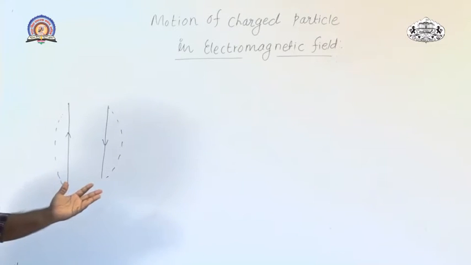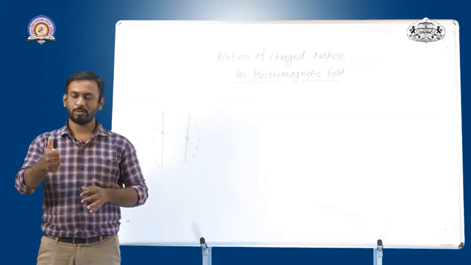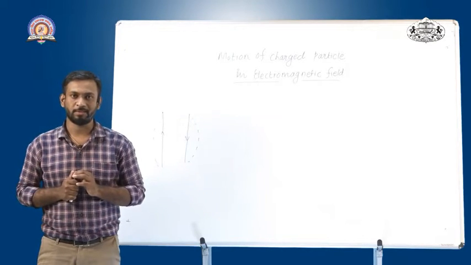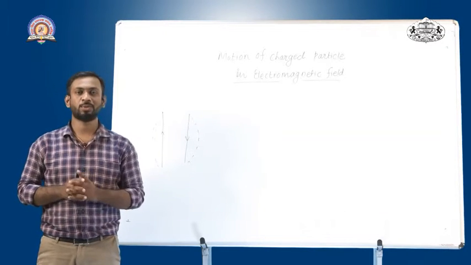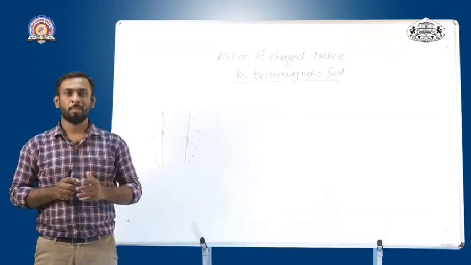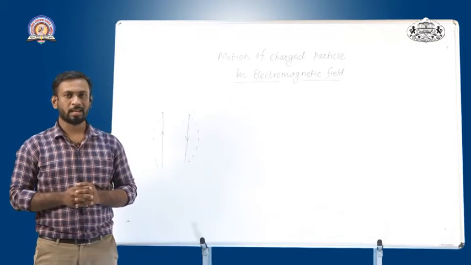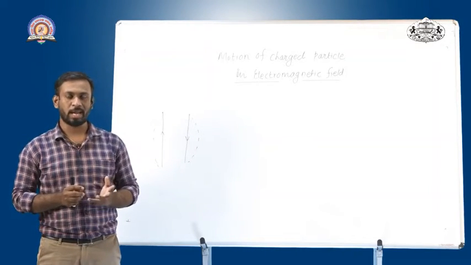The direction of this magnetic force can be given by Fleming's left hand rule, whereas Fleming's right hand thumb rule denotes the sense of rotation of the magnetic field as well as the direction of the current. Holding the conductor in our right hand, the thumb denotes the direction of the current while the curling fingers denote the direction of the magnetic field. So this is all about basic magnetostatics, and the direction of force due to this magnetic field can be given by Fleming's left hand rule, where the force experienced by the charged particle in the magnetic field is in the direction perpendicular to the plane of the velocity and the magnetic field.